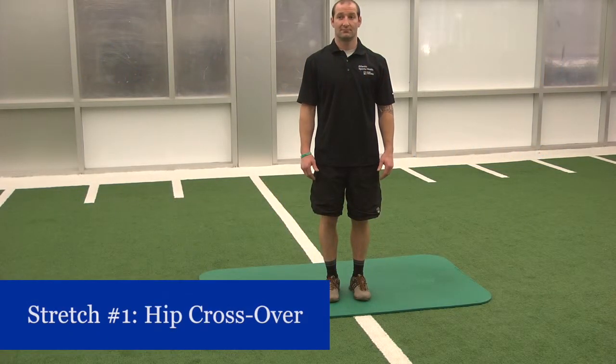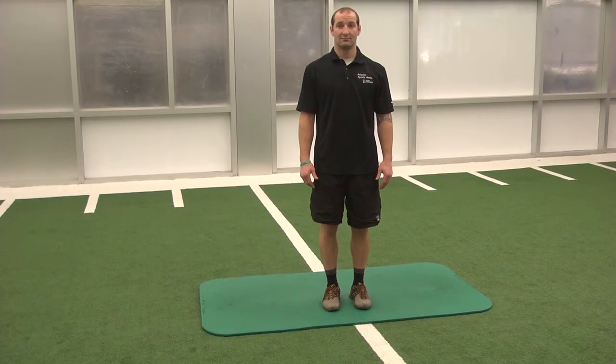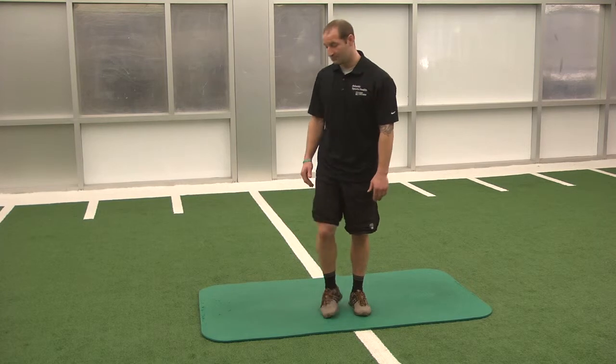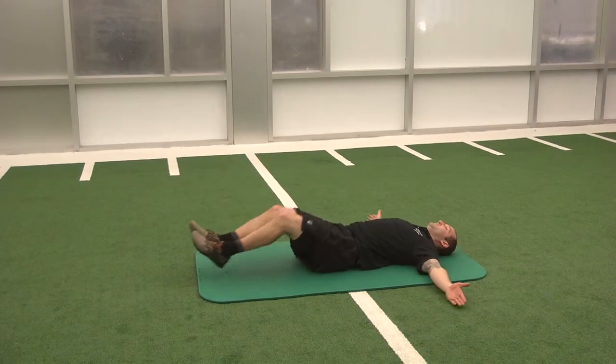Crossover. To build mobility and strengthen your torso by disassociating hips and shoulders. Starting position. Lie supine, face up on the floor, arms and shoulders extended out at your sides and feet flat